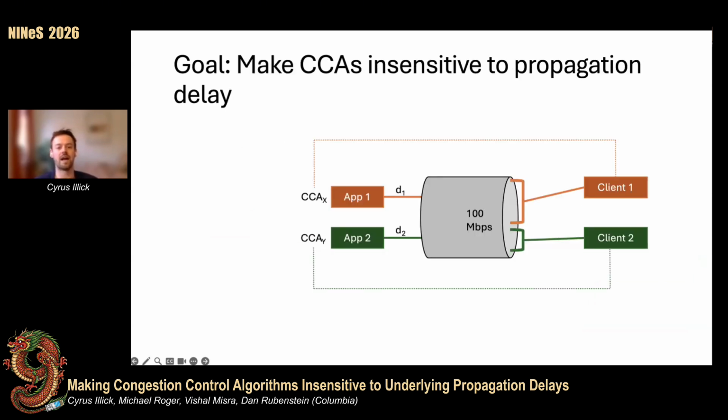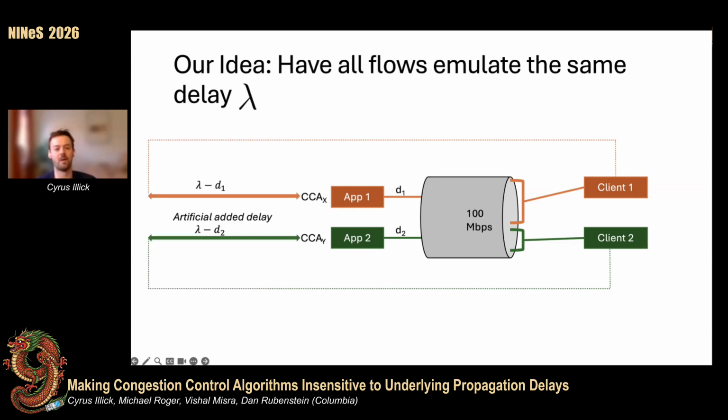Our goal is to reduce how sensitive CCAs are to the range of propagation delays that are practical in the network setting that they operate in. And we want to do this without requiring new adjustments in the CCA's control loop or requiring that all flows utilize the same CCA. Our simple idea is that if all flows agree on some propagation delay lambda that is